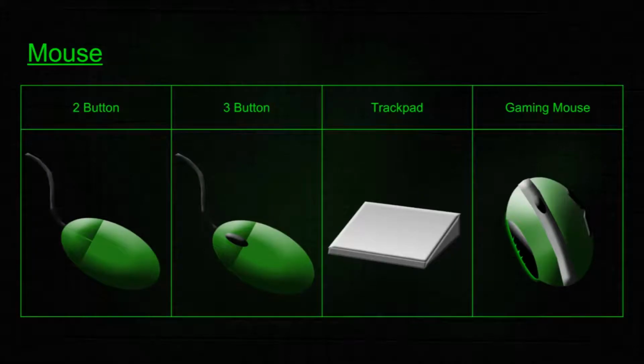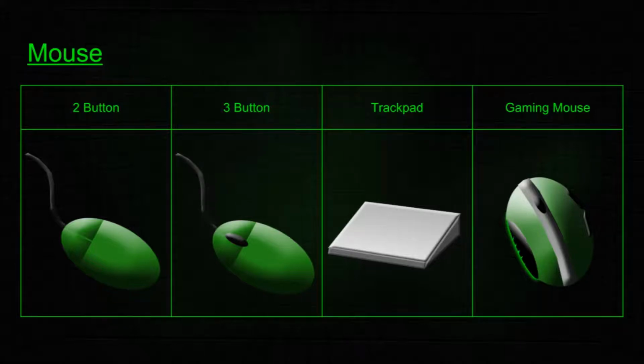A mouse is a peripheral device that receives user input and allows us to interact with the computer. A 2-button mouse has a left and right mouse button that allow the user to perform left clicks and right clicks. A 3-button mouse has the additional middle mouse button, or scroll wheel, that allows the user to scroll through online pages. A trackpad is a type of mouse that allows the user to swipe their finger to move the